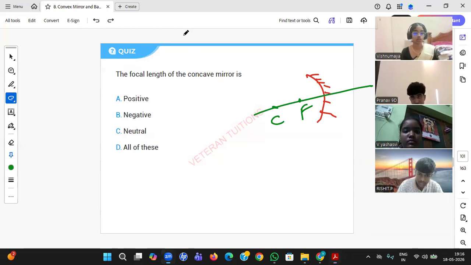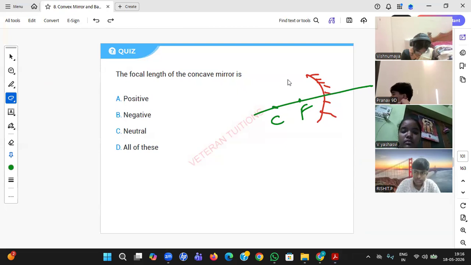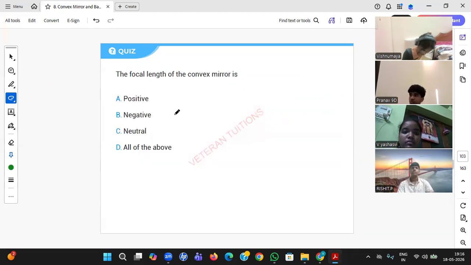If you are not remembering, if you are already remembering, then that's right. Lavanika, right answer. Sai Cheta, right answer. Ridhima, right answer. Vishnumaya, right answer. Pranav, right answer. Shishishvi, right answer. Nishit, right answer. Come on, Ritika. Ritika, right answer. Negative. Concave means don't look at the second word at all. Negative, that's all. Focal length of a convex mirror is,